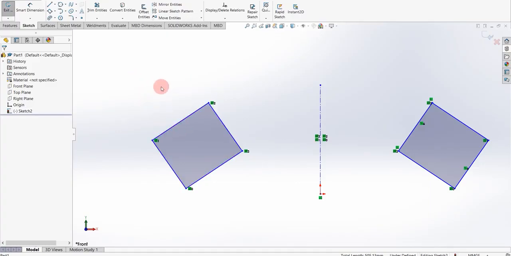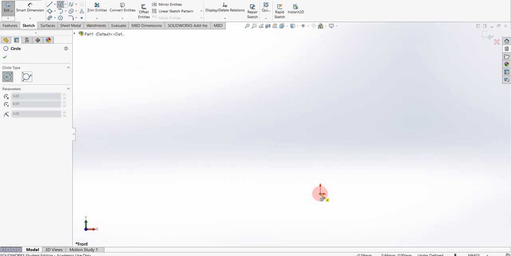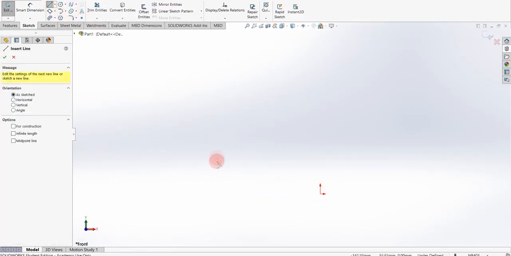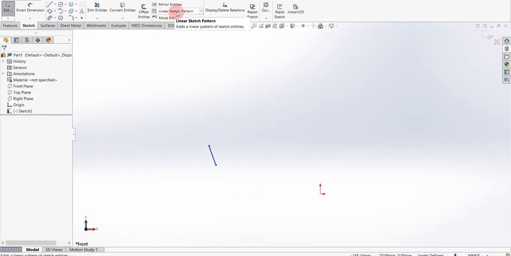Then another tool is sketch pattern. There are two types of pattern, linear pattern and circular pattern. First I will show you linear pattern. I am constructing one line, and now I am selecting linear sketch pattern.